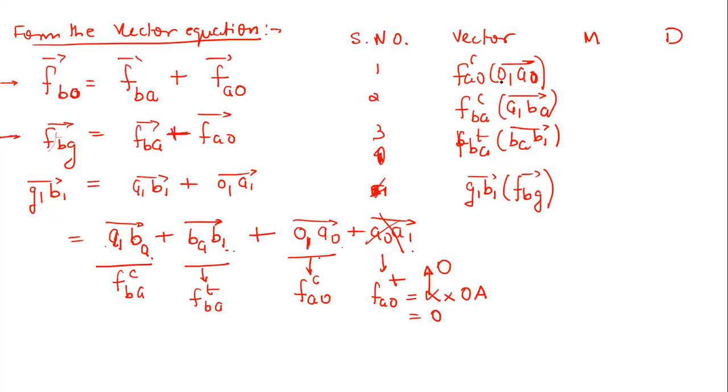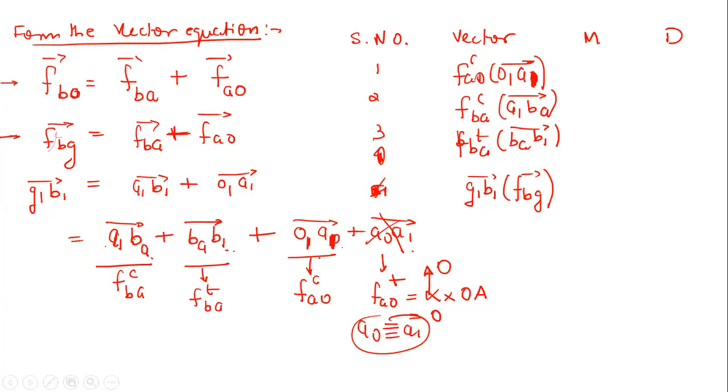Now coming to this O1 AO. One thing I would like to do: since this O1 A1 vector is composed of only this term, there is no need to write it this way. You can simply replace this AO with 1. It doesn't matter whether you write O1 AO or O1 A1, because ultimately the AO and A1 points are going to coincide, as this component is 0. So now you just put it here as O1 A1. Now just tell me, is the magnitude of this vector completely known to us or not?